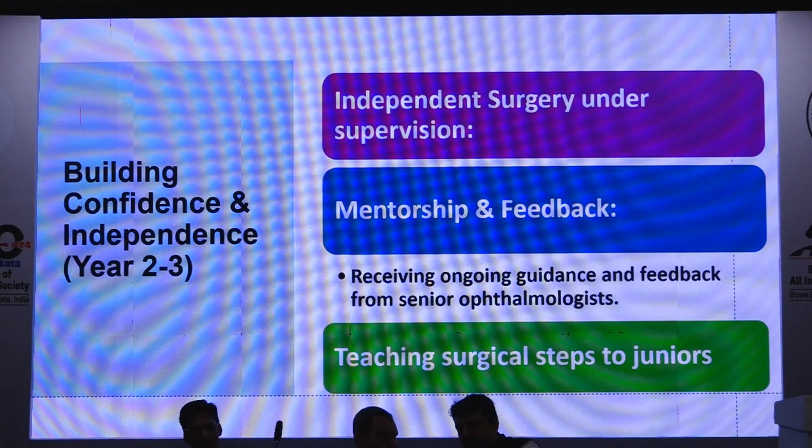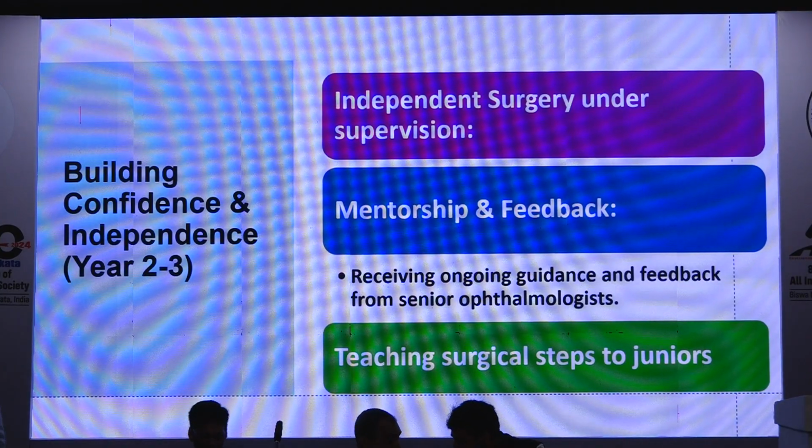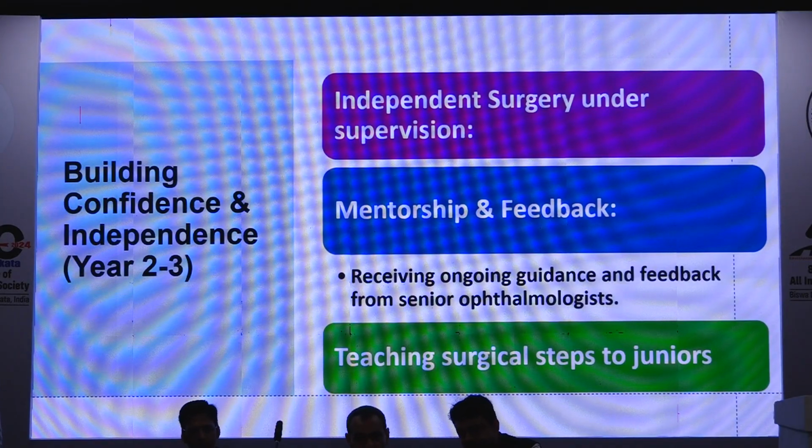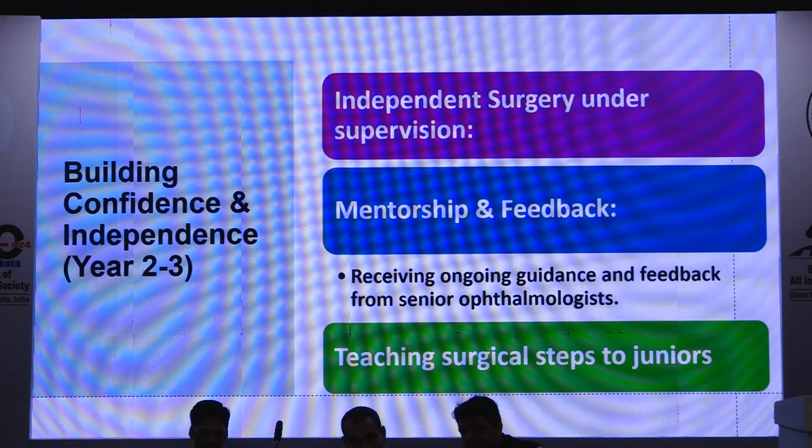By the end of the final year, that is the third year, you should be able to do surgery under supervision. The first year was the building block, the second was practicing in a stepwise manner, a few steps. But by the third year, you should know a full basic surgery, like cataract surgery. You should know how to remove a pterygium, what the various steps are, basic glaucoma surgery, and basic squint surgeries, horizontal squints and all. You should know how to do it independently, but under supervision. For this, mentorship is very important, and communication with your mentors and other staff will help you become a good surgeon.